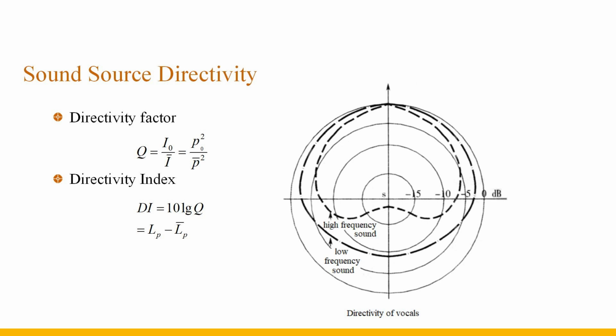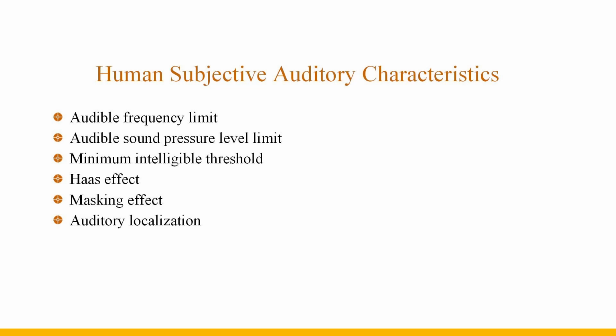The second is the directivity factor, defined as the ratio of the actual sound intensity to the sound intensity of the above reference sound field. The relationship between the two indicators is that the directivity index is equal to 10 times the base 10 logarithm of the directivity factor. Human subjective auditory characteristics may include audible frequency limit, audible sound pressure level limit, minimum intelligible threshold,